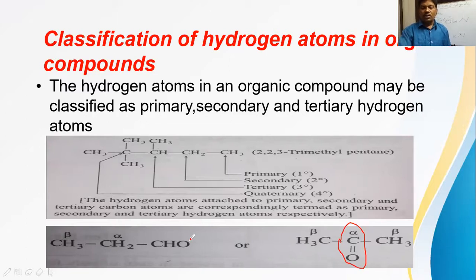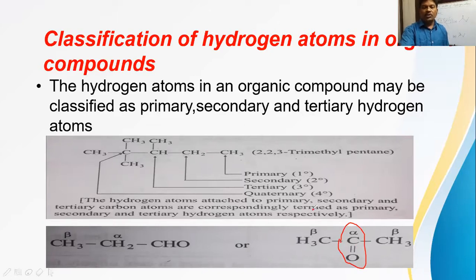Then the CO group, C double bond O, what is it now here? It is not a chain terminating group. It must be present inside the chain. It should not be at the end of the chain. It cannot be a chain terminating group. In this case, in the case of C double bond O, that is the ketone group, we have to allot alpha carbon to that carbon only. So the C double bond O carbon, the ketone group carbon itself, is taken as alpha carbon, and the other carbons attached to alpha carbon are called beta carbons.